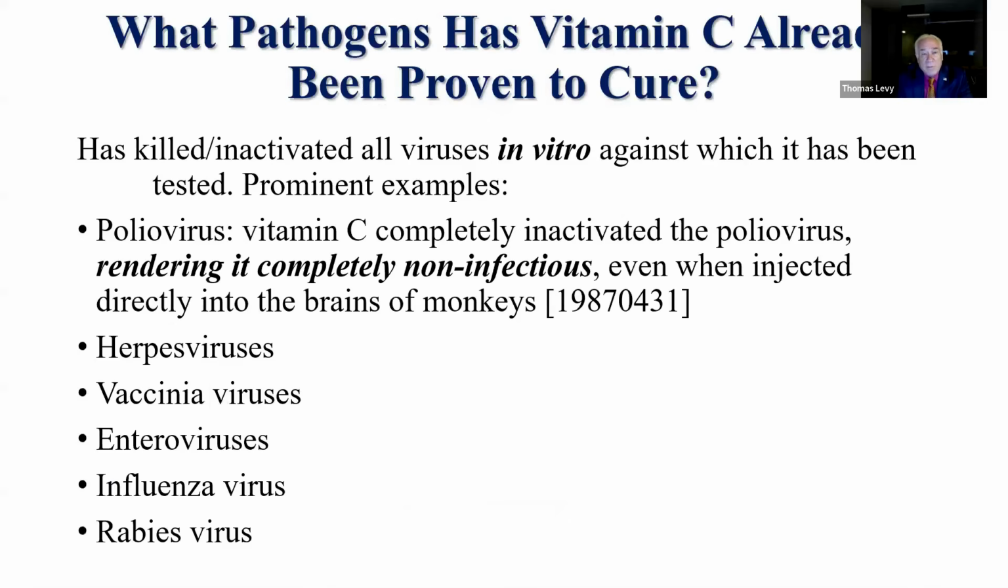Now, what pathogens has vitamin C already been proven to cure or kill or resolve? All viruses in vitro, poliovirus specifically, herpes, vaccinia, enteroviruses, influenza, rabies. This is not a comprehensive list. This is an exemplary list. I really can't tell you of any virus of which I know or which I've read that vitamin C cannot completely resolve and cure in terms of neutralization in the test tube